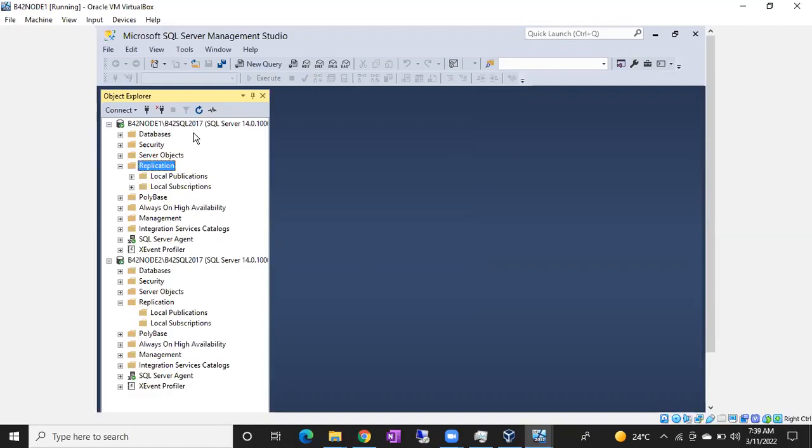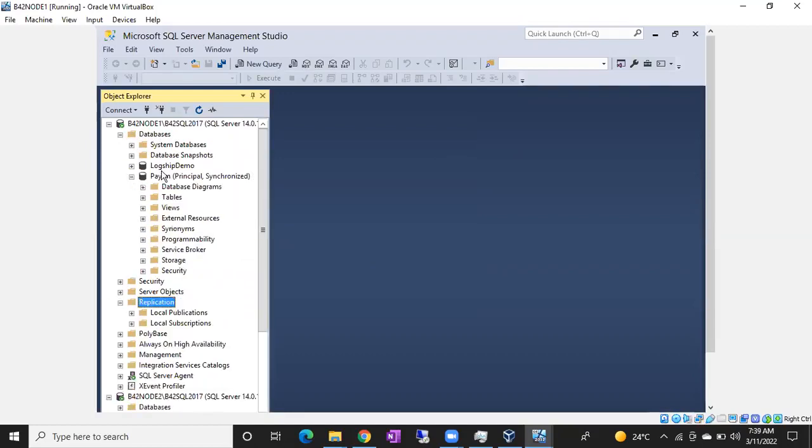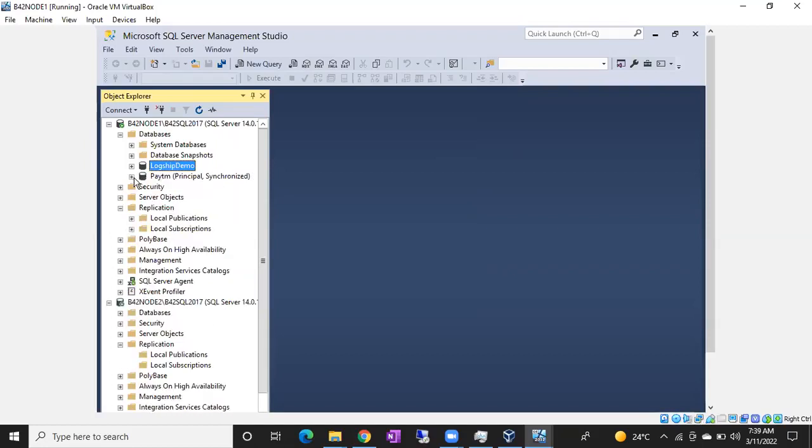Can I configure any table from these two databases? One is participating in log shipping, another one is participating in mirroring. Can I add any table from these databases into the subscriber side? Can I use these databases for my replication?